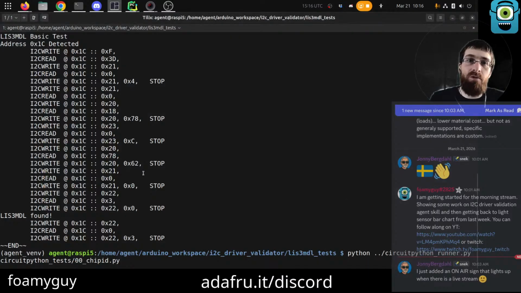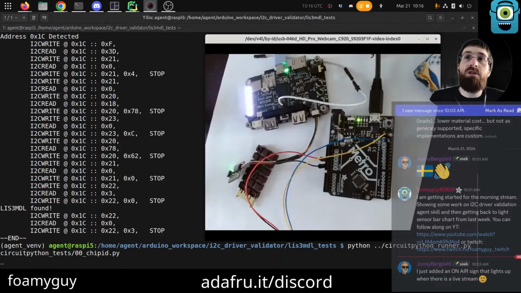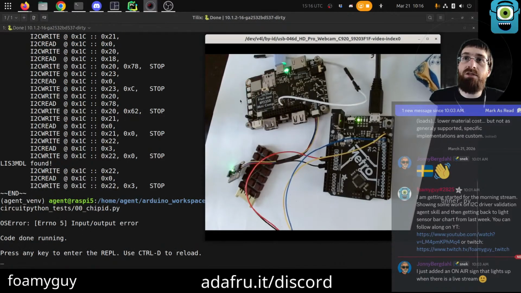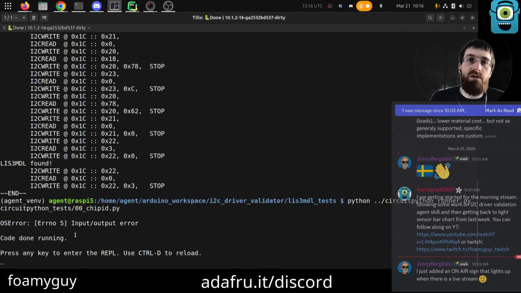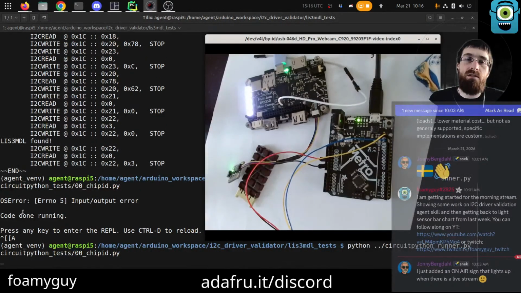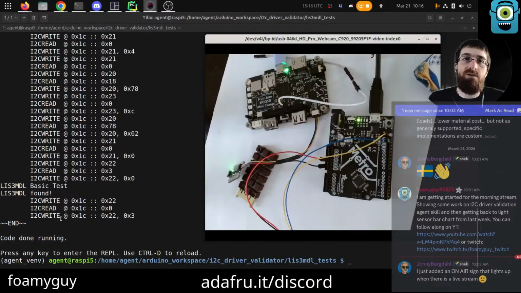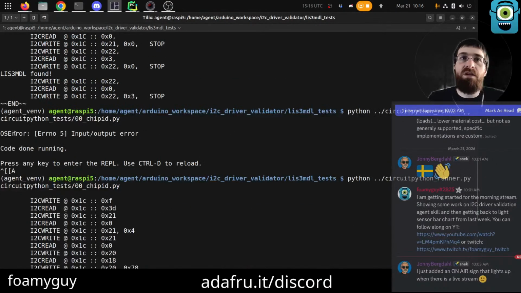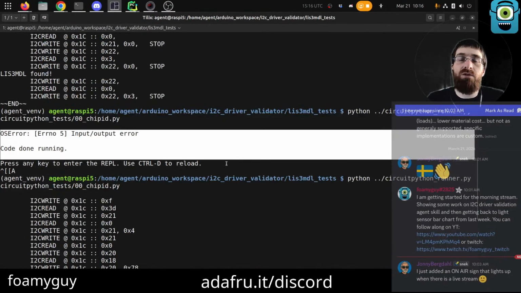And so if we run that one, we can see on the camera, we'll get the flashies on this one now. Oh, we got an input-output error, actually. Interesting. Input-output error. Let's try it again. Oh, there's a timeout duration. So because this got an error, actually,